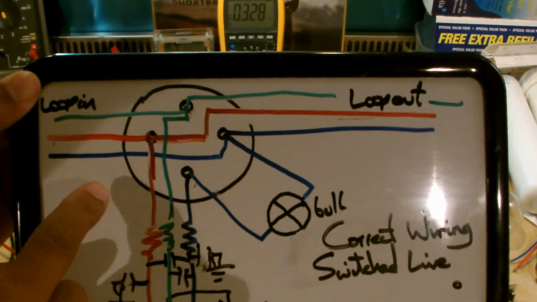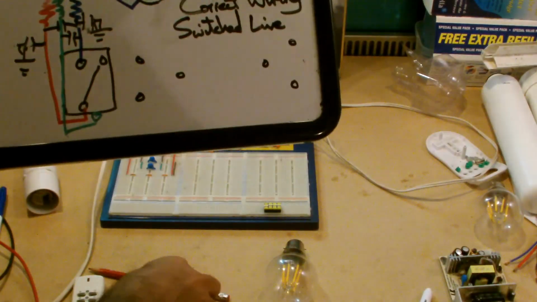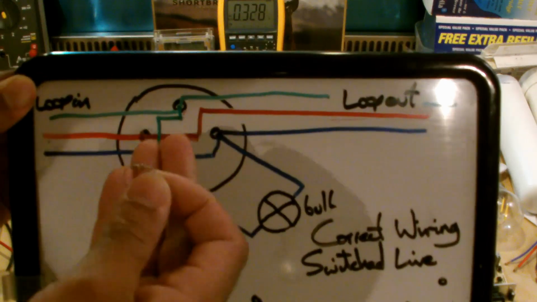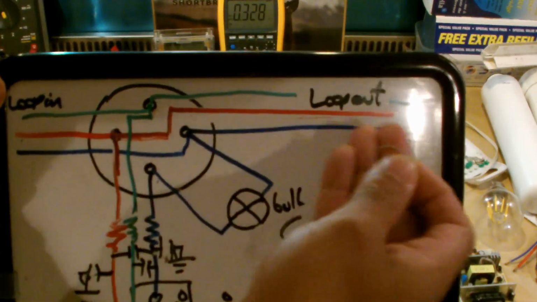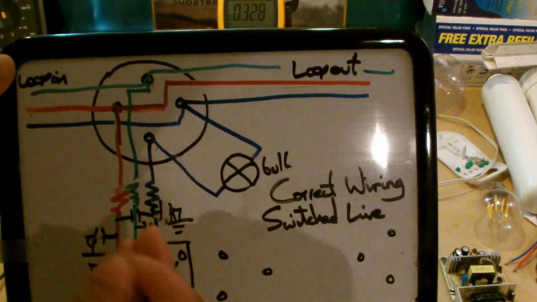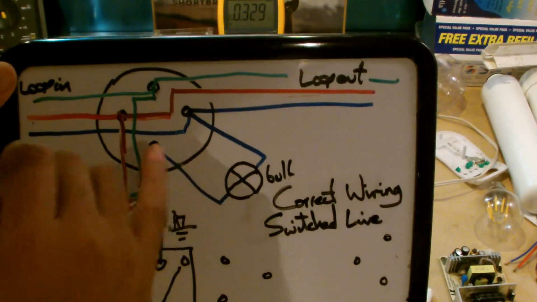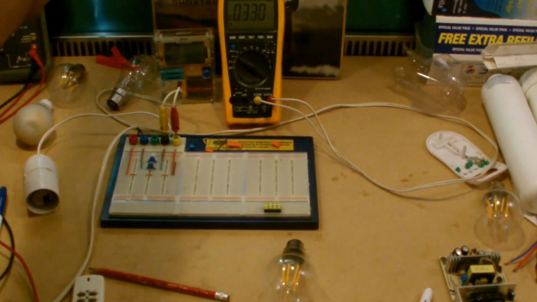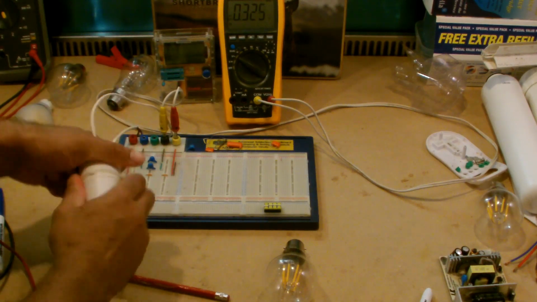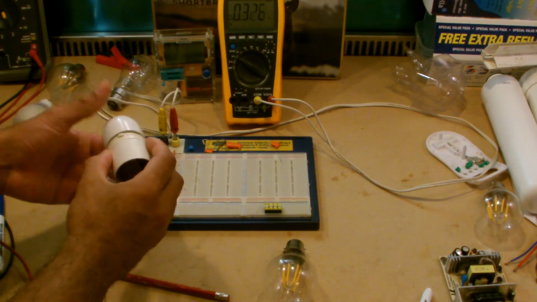This is a bad location to use because you have to think of worst case scenario. So if this thing lights up because you haven't used a wire wound or metal film fusible resistor and it burns your wiring, you might have to then rewire your internal electrics, and that could be extremely costly. So the place to put this, if you were to have one of these, is within the light fitting away from your wiring. And in this particular case, the location of choice for me would be in the pendant at the back here, where you've got access to terminals for the pendant itself.